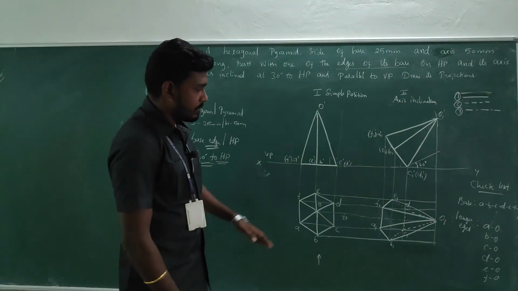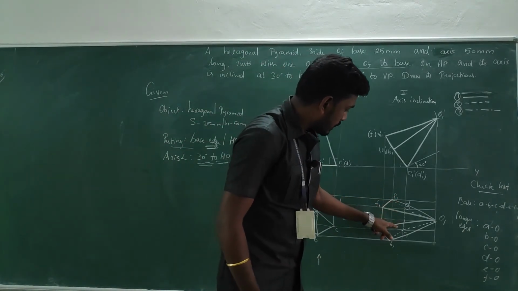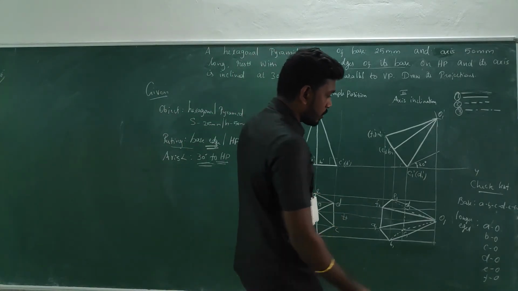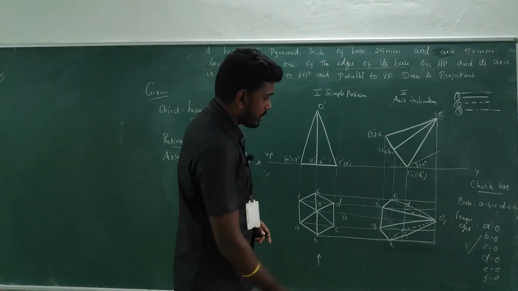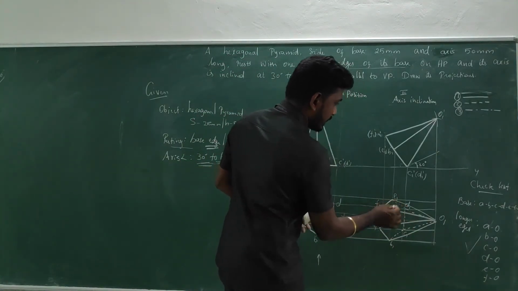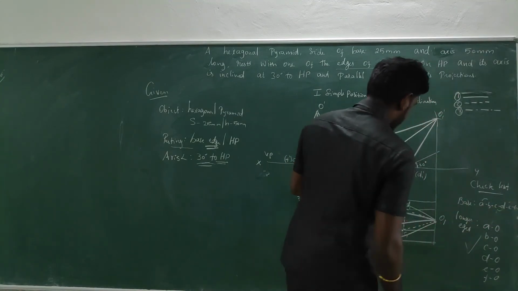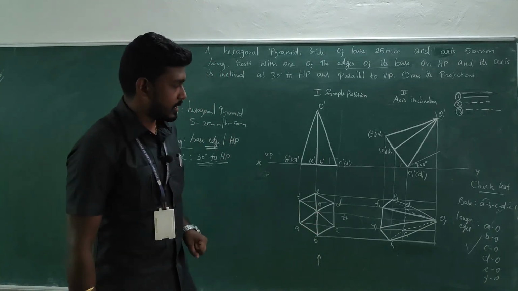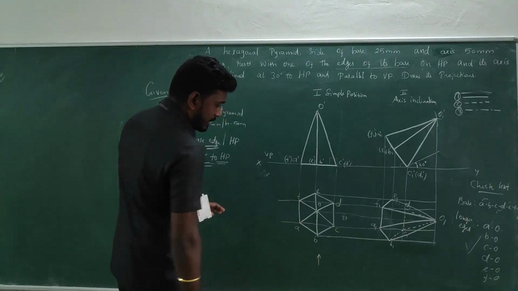Okay, check whether we have connected all the lines. 1, 2, 3, 4, 5, 6. We have 6 longer edges that we have done. Okay, base 6 edges are there. 1, 2, 3, 4, 5, 6. All the things we have connected one to another, right? What are the things that are visible and what are the things that are invisible? We have predicted.